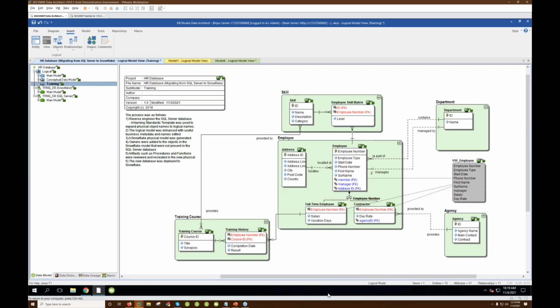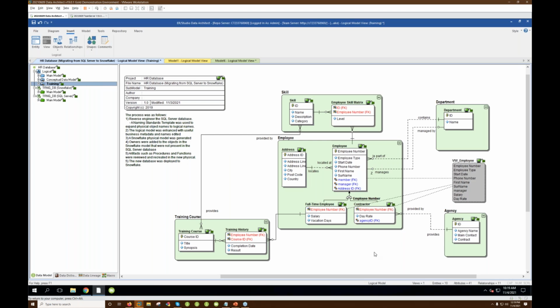You can see our training model here fleshed out. We've got the title pane here, with some text in here to describe the model. You can see how you start with a blank or just a base physical model, and you can bring in and start adding a lot of definition to your logical models to flesh that out and really start turning, as I said before, that data into information. So we're really along that path here. We've got a fleshed out logical model. We've got a training model that's